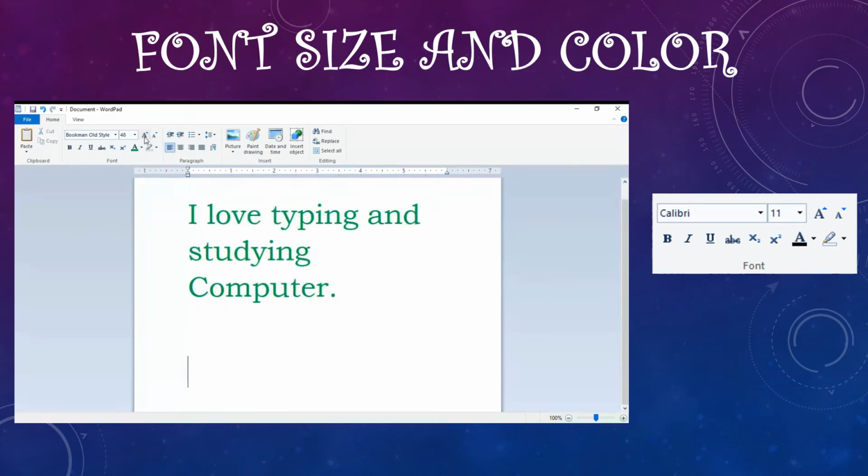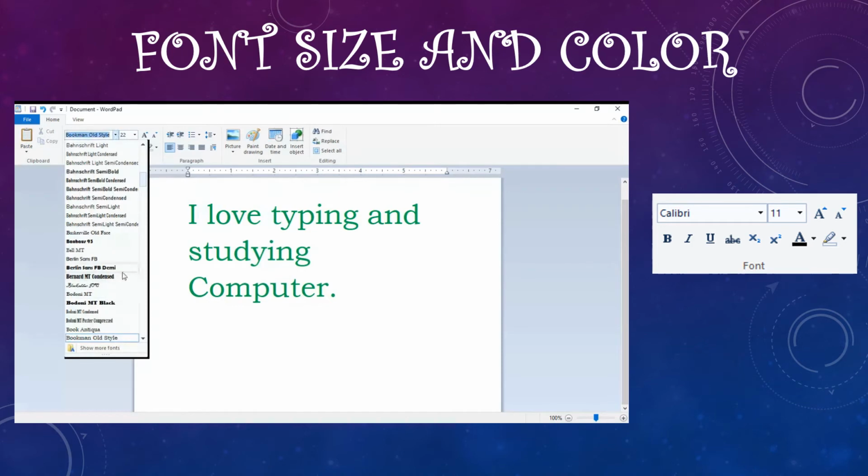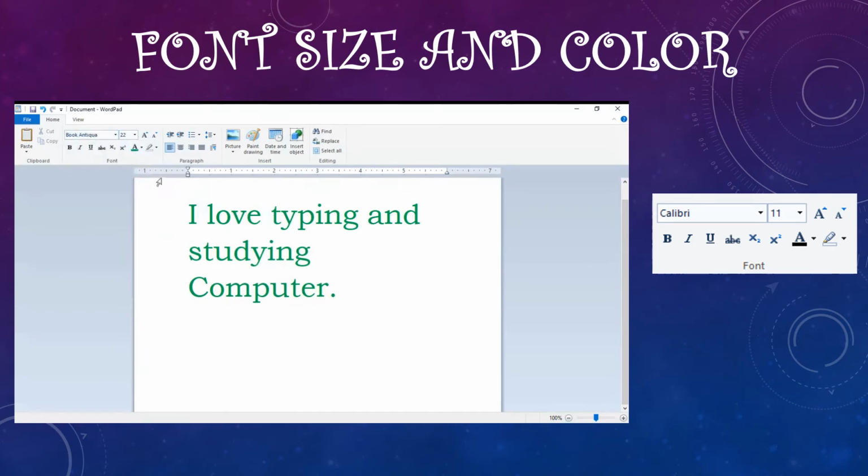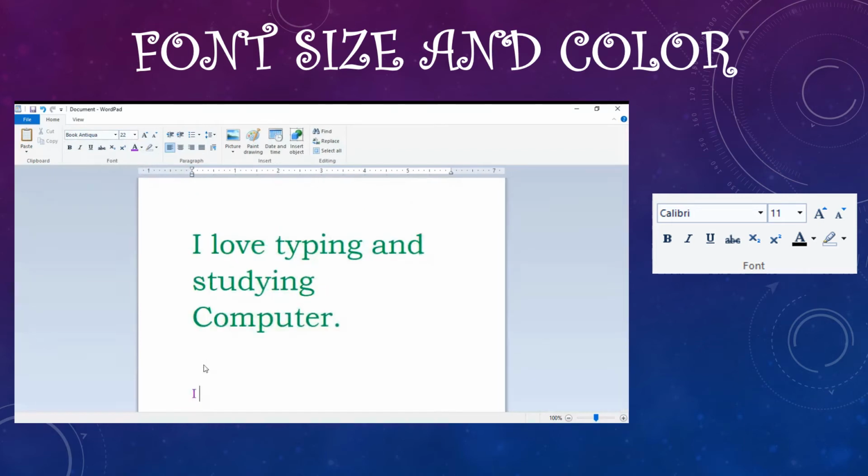You see? Yes. Again, first you select the text and then you select the color, and your text becomes colorful and in a different style.